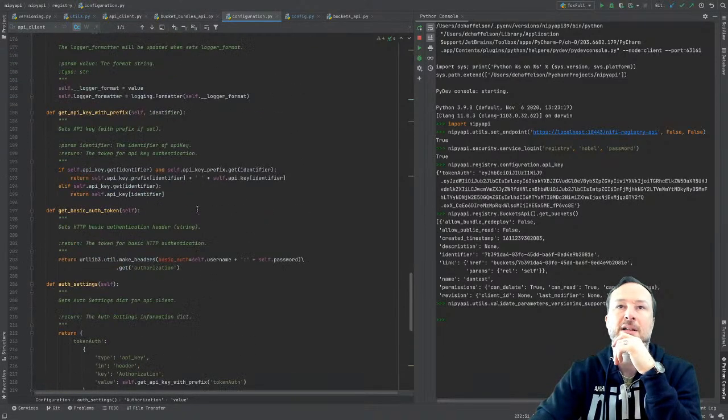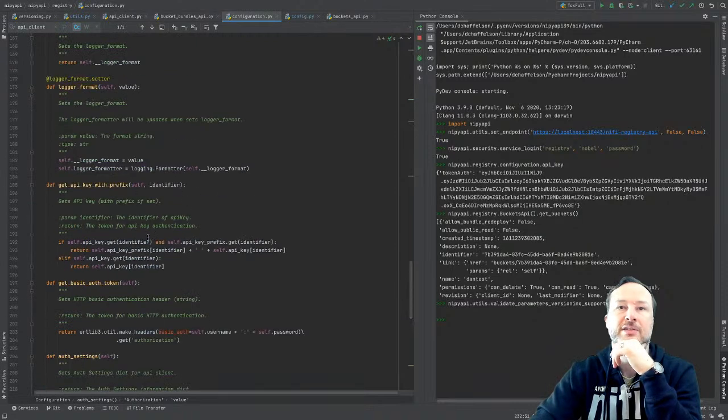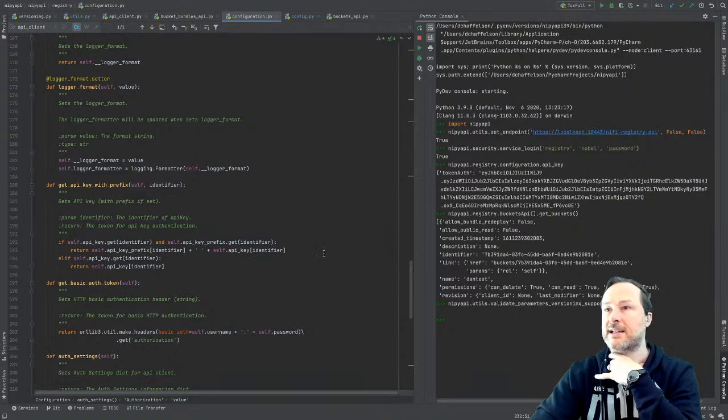That's get key with prefix. Get API key with prefix just gets that thing if it exists in the API key entries. Here's our API key entries. Token auth is there. Right, so